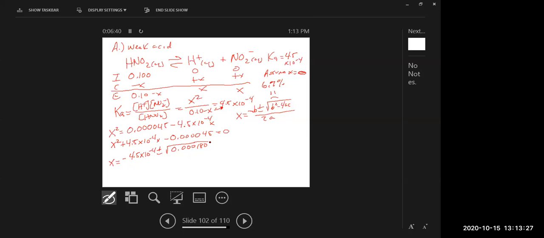And if you take the square root of that, after you take the square root of it, you end up with 0.0134. That's all going to be divided by 2. That's going to give us our two x answers like we've done before. So minus 4.5 times 10 to the minus 4. I'm going to do the plus first. Plus 0.0134 divided by 2 gives us an x value of